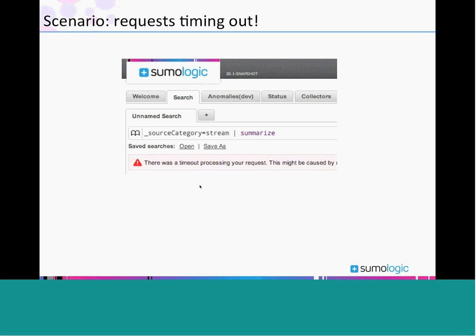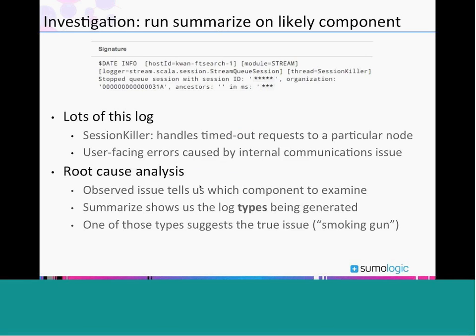So in this hypothetical scenario, let's say that the user then calls whoever, or maybe it's somebody internal or external, and they get in touch and say you're having this problem. Okay, what are we going to do? As I'm troubleshooting it, I'm a developer or an ops guy, hopefully I have at least some idea which component would be responsible for this kind of user-facing error. So let's say I run Summarize, I run LogReduce on the component that I suspect to be the culprit. And I see this signature featured prominently: oh, okay, session killer.